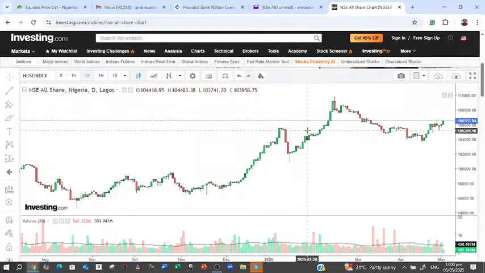The key things that influence the market are three major things. One, company performance, which is the earnings we have seen; two, economic activities; and three, liquidity. These are the major things. Economic activity can be in the form of the outcome of the GDP figure or the outcome of the NPC meeting, but the liquidity level in any market is very, very important. This is a major fundamental of any market.